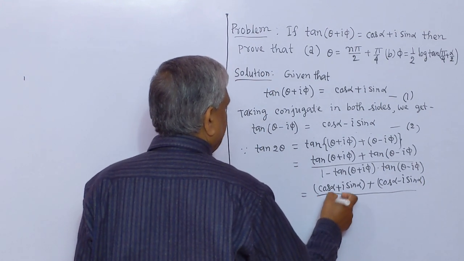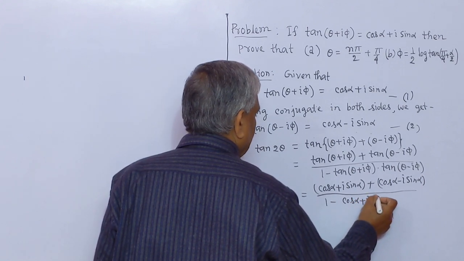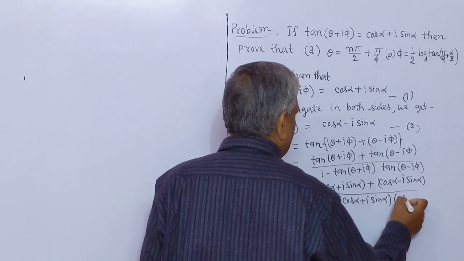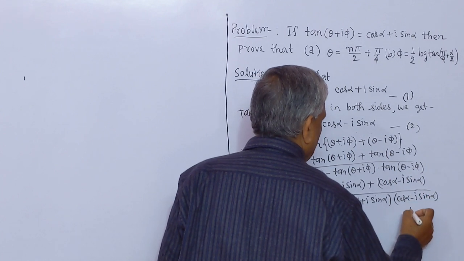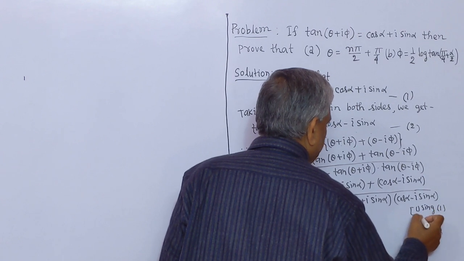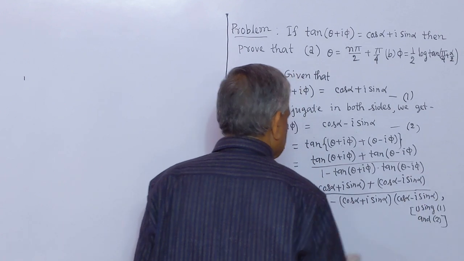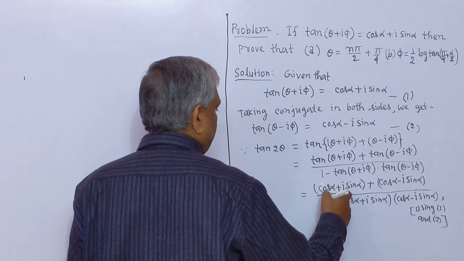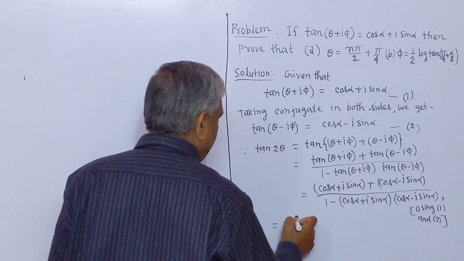This is 1 minus (cos alpha + i sin alpha) multiplied by (cos alpha − i sin alpha). Using 1 and 2, this is equal to: here cos alpha, plus i sin alpha minus i sin alpha cancel, so 2 cos alpha